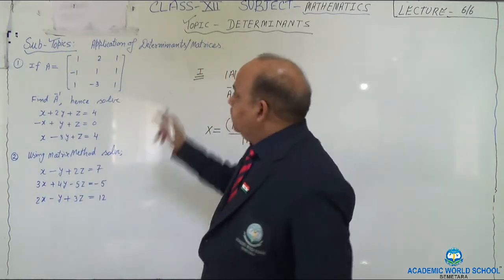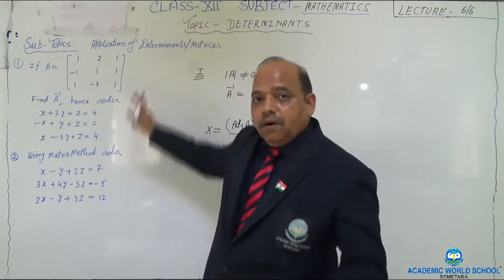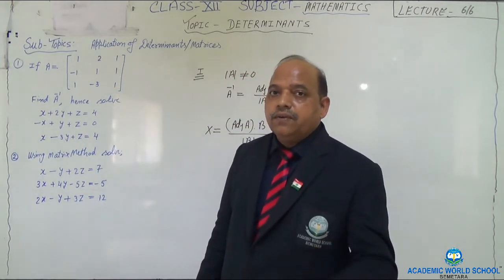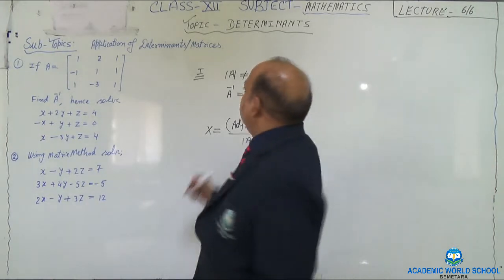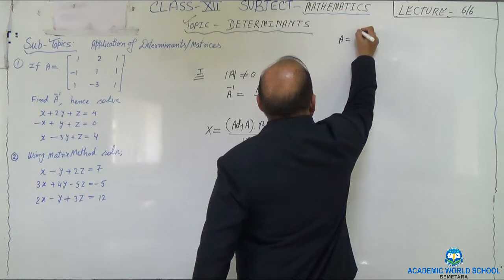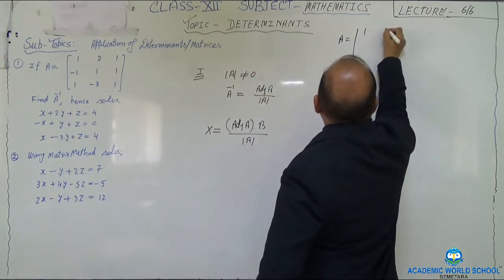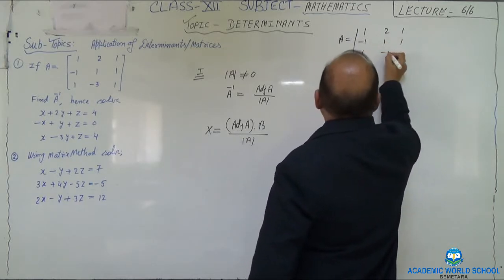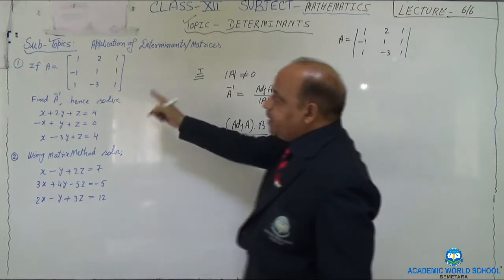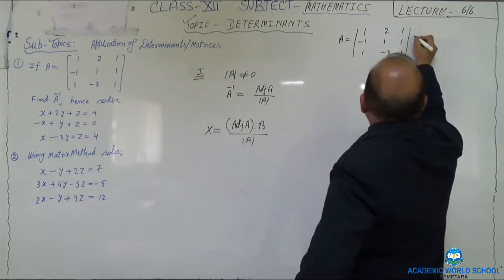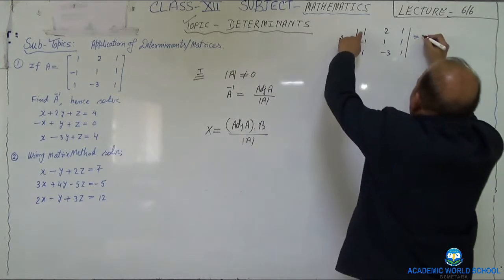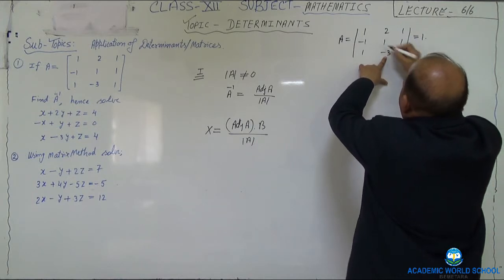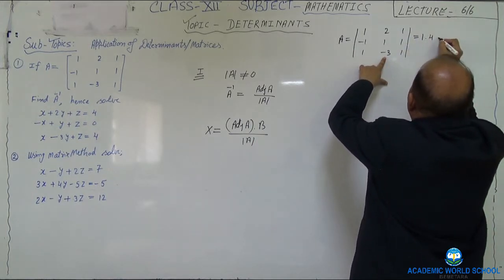Let's begin this one. So to find the inverse, we have already discussed how we find the inverse. Step number 1. First we calculate the corresponding value of the determinant. So what is my corresponding determinant? The corresponding determinant will be 1, 2, 1, minus 1, 1, 1, 1, minus 3, 1. This is my corresponding determinant. And then what will be the value of this? Its value will be just 1 multiplied by, leave this part, 1 times 1, and then plus 3, it gives you 4.